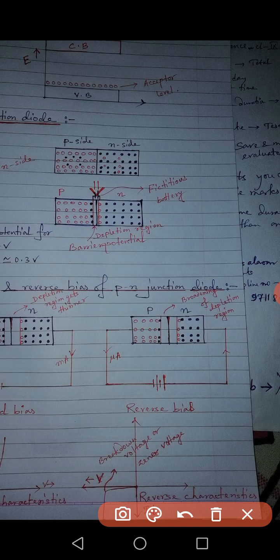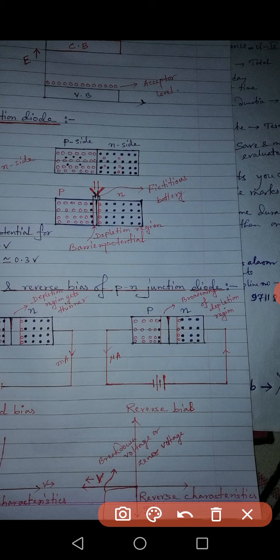Okay, then how are we getting some current in the circuit? See, the current that I have drawn here is in microampere order, very small. Micro means 10 to the power minus 6 order. So this current is obtained due to the fact that in P side we have a few electrons, those are the minority carriers. Now if this is N side, I mean negative side, this negative side will push the minority carriers, meaning the electrons present in P side, through the depletion region towards N side.